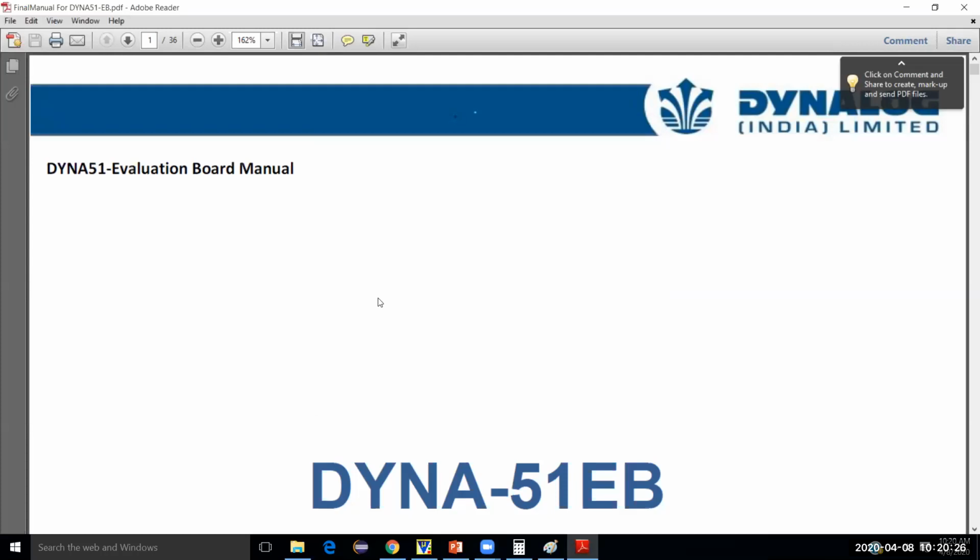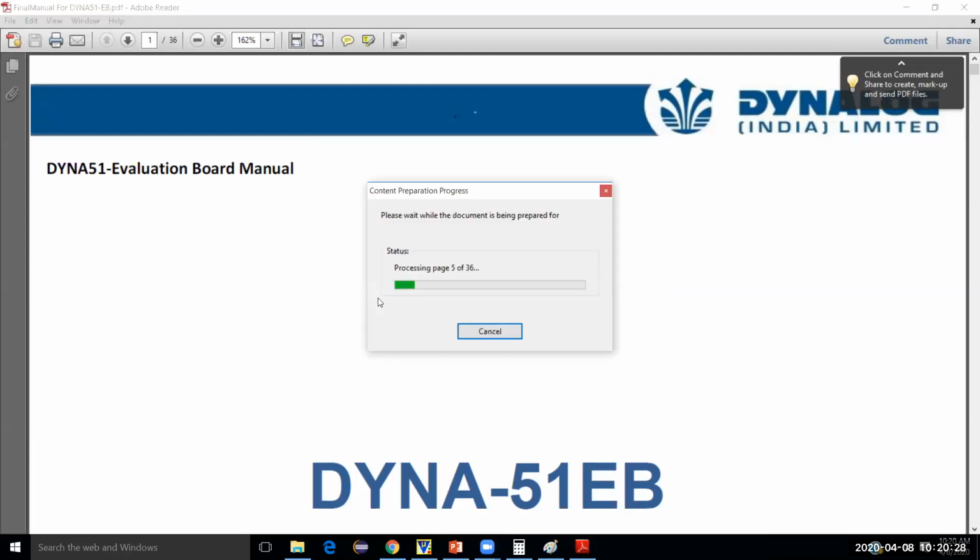Now, are you able to see the lab manual which I opened, this Dyna 51? Are you able to see that lab manual? Okay, fine. Now this is the kit which we are using.